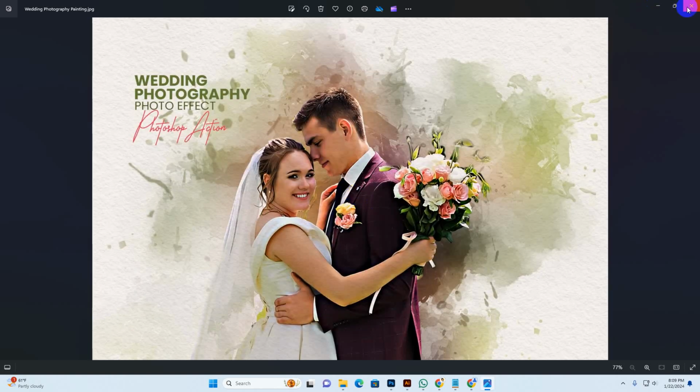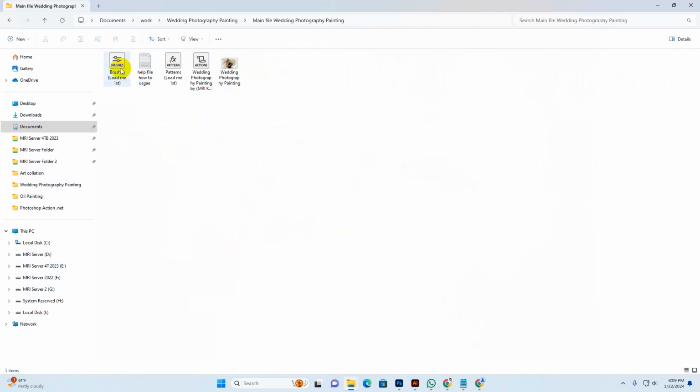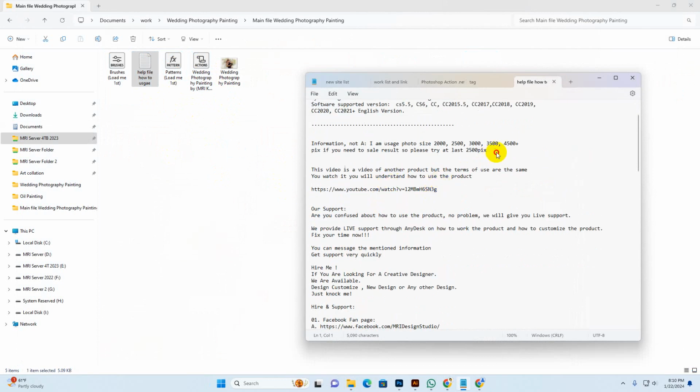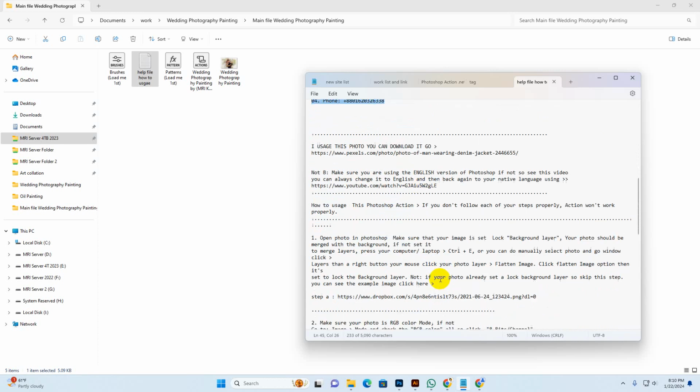Okay, now I go to my download file. Here it shows the brush file, help file, pattern file, and this is the script file, the action file. So now you can read the help file. It has how to use, the video link, the size, and supporting information included there, and